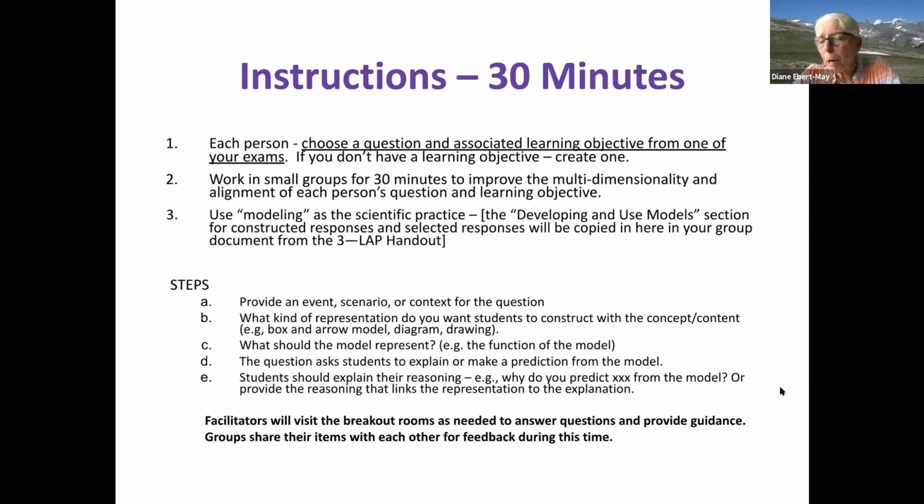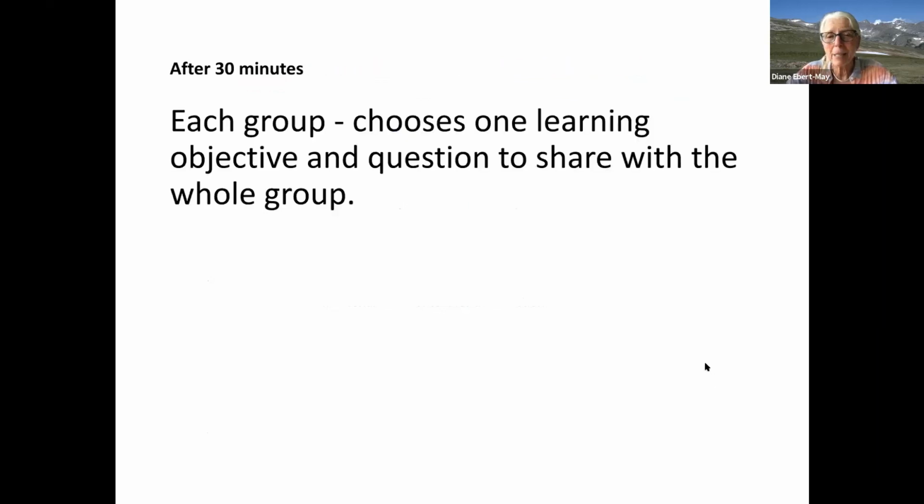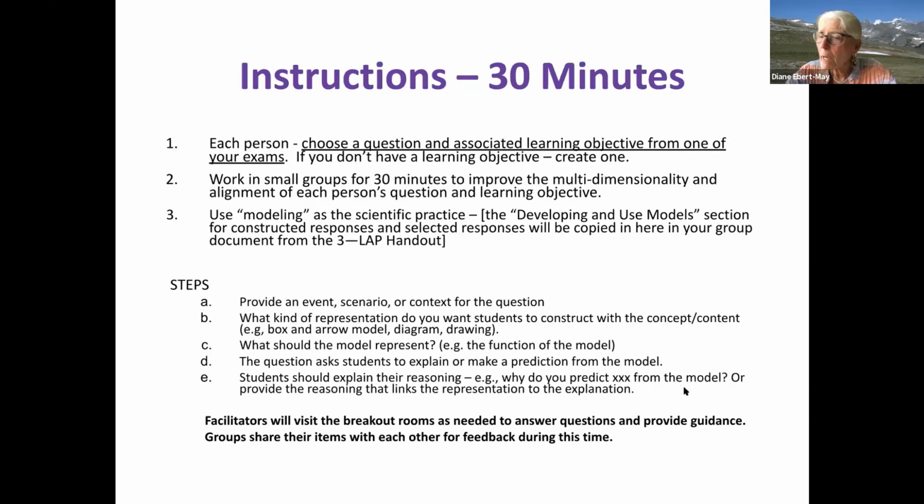And then think about it: modeling is just not boxes and arrows. You're all scientists, you're all ecologists, you understand. You can make pictures, you can make drawings. We use box and arrow models in our research and with our students because it has a very strong theoretical basis. It's structure, behavior, function modeling out of computer science, but as long as you teach your students how to make the models you want them to do, you're good to go.